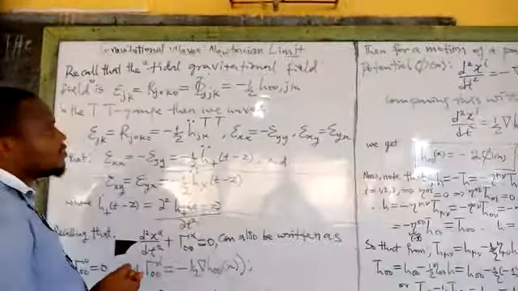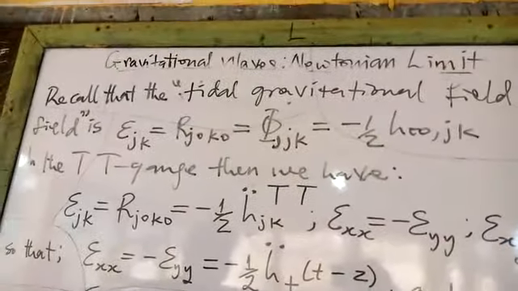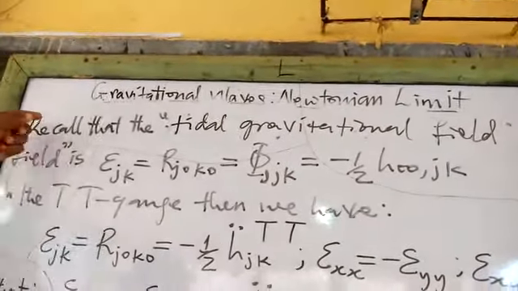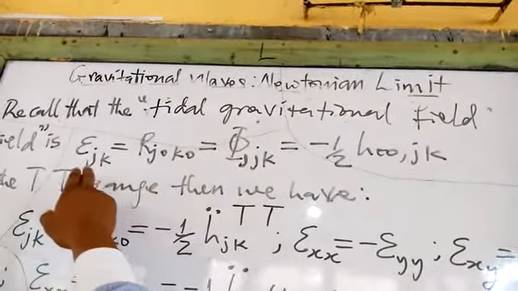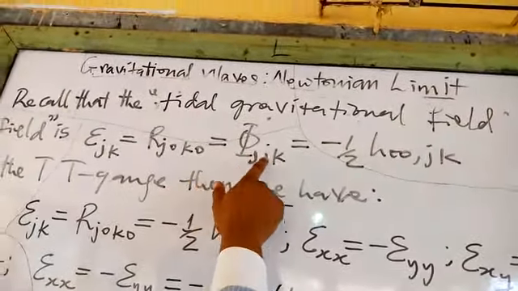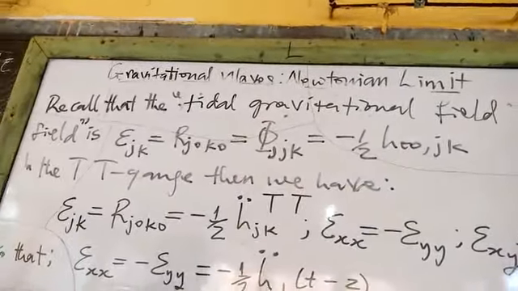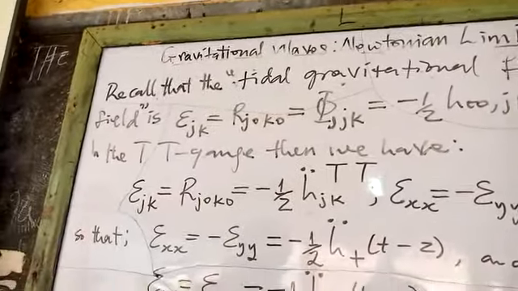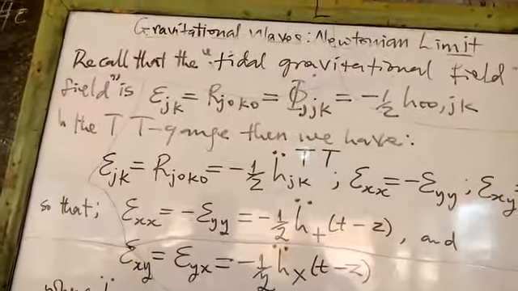Now, erasing all this, moving as quickly as we can, we want to recall that the tidal gravitational field is given by this. This is something we just sketchily showed from the beginning of this lecture, that this is equal to that, is equal to this, R j0k0 is equal to minus half h naught naught comma jk. Of course, here at this point, it will simply mean that in the TT gauge, what this will mean is,